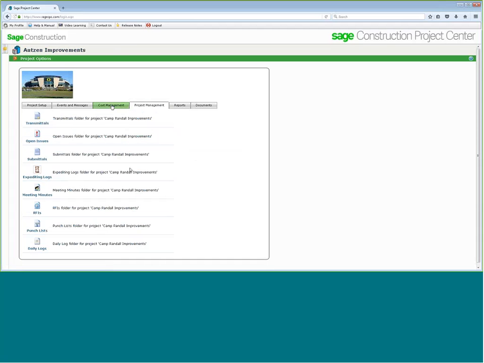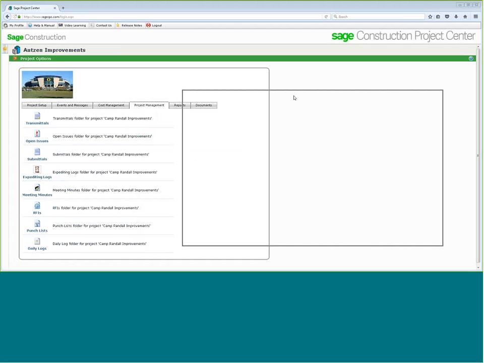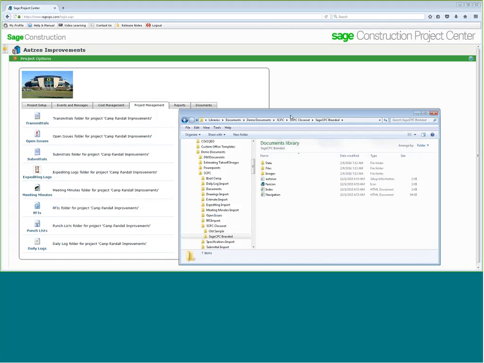Now, all of this is great, and the key piece to this is that it's all set up and designed so you can absolutely download them to your own hard drive if you need to get them off the cloud. And what that might mean is a backup, but it also might mean I need to get a closeout document turned into the owner at the end of my project so that they don't have to dig through a giant box full of documentation. Everything you do in Project Center is recorded with metadata and available to download to, say,